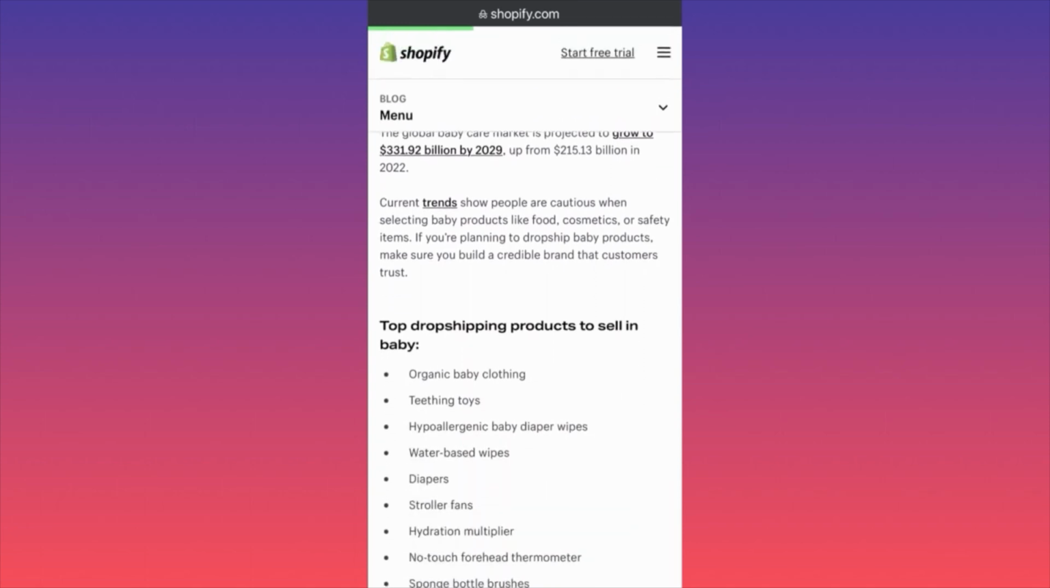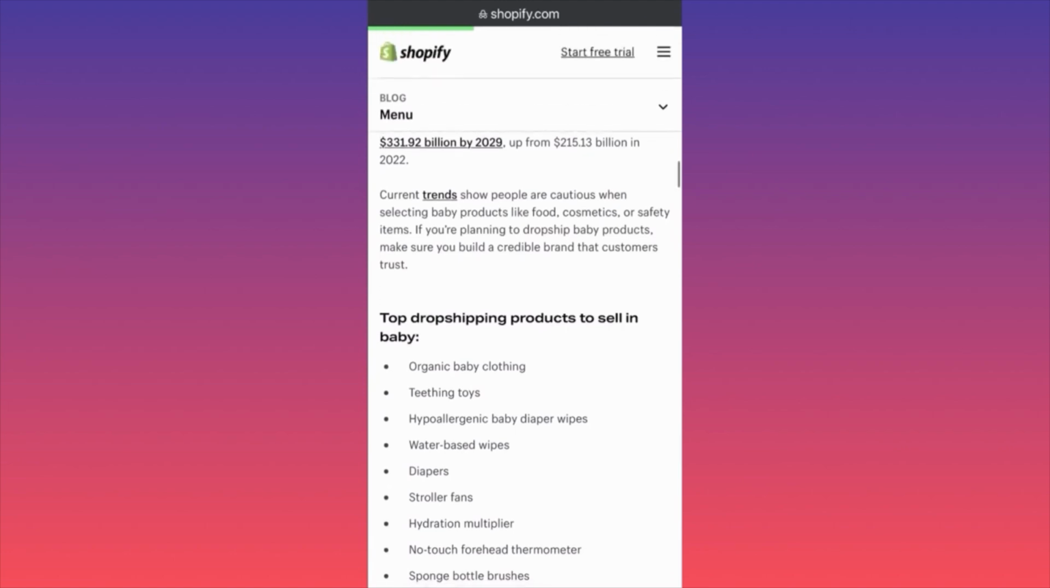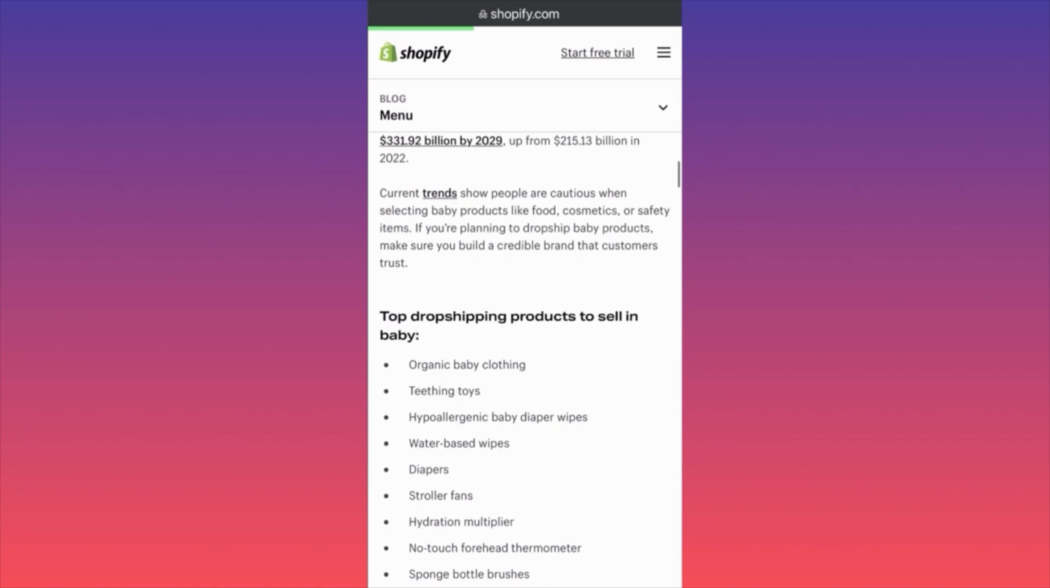According to Shopify, there are certain trends that people are showing more interest in than others. We're talking about baby products like food, cosmetics, or safety items. They're also saying that if you're applying to dropship baby products, make sure you build a credible brand that consumers trust. This is what I mentioned. Because, like I said, it will be your ad, your word against the doctor's recommendation or their friend's recommendation. What stops people from going out and Googling and buying something from, let's say, Walmart instead of buying from you, right? You have to be very, very credible. You have to build a store